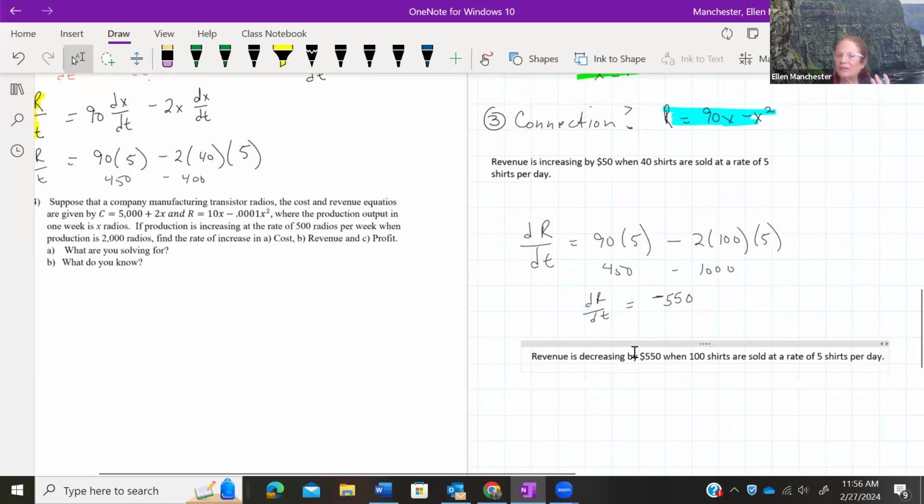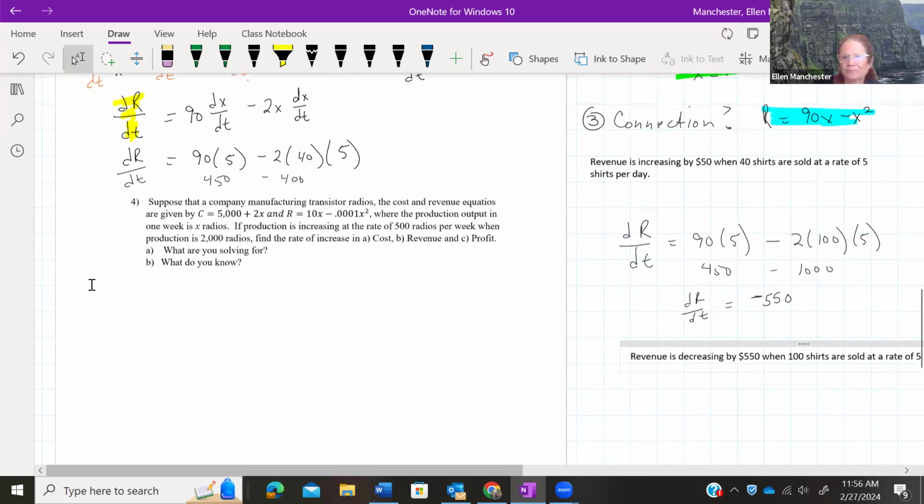So on the test, this is how you guys are going to get your extra credit. You're going to show me the math. That's full credit, and then you'll get extra credit for being able to interpret your answer. Right? All right. This one, we have 3 things going. This will be our last one.